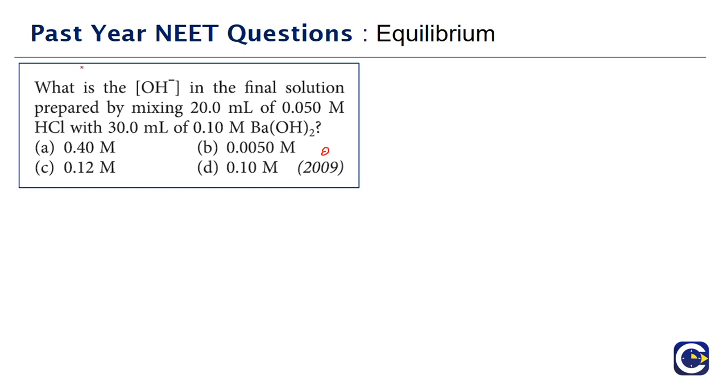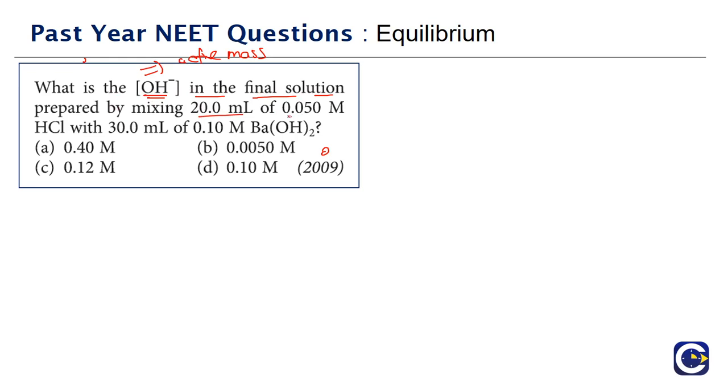Let's read the question. What is the OH minus ion concentration in the final solution? Whenever we have any substance put in parentheses, that represents the active mass. In case of a substance in solution, that represents the concentration. For gases, we can take it as the pressure of the gas. So we have to find the concentration of OH minus in the final solution prepared